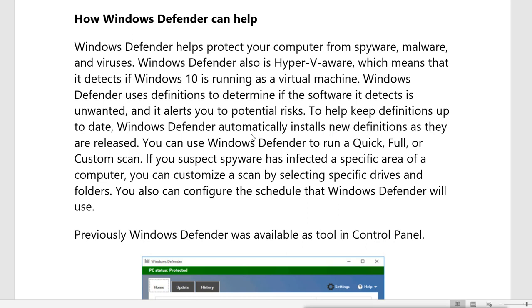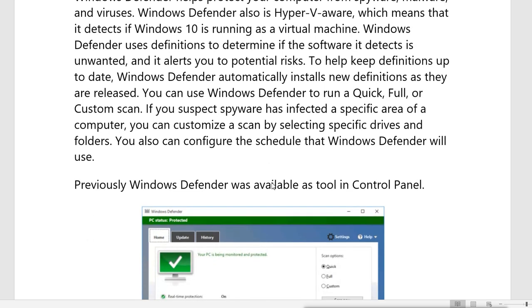Just like any other antivirus, it regularly gets updates. Now if you don't update your antivirus or your defender, then you will not get the definitions of new spywares, malwares, worms or viruses, so your machine can be infected by those new kinds of malicious software. So you need to update it regularly. We can scan our system with a quick scan, a full scan, and a custom scan if you want. If you feel like some place on our machine, like some drive or some folder, is infected, we can scan those folders or drives by using the custom scan.